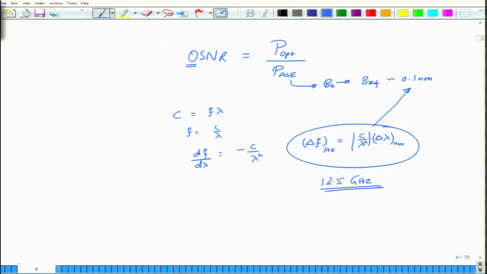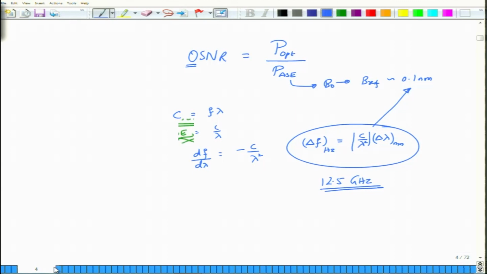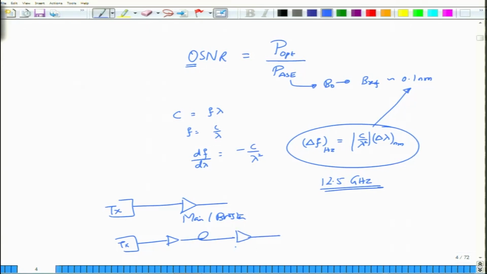So, this is about the erbium doped fiber amplifier that I wanted to discuss, and what you will see is that these erbium doped fiber amplifiers can be used in three different ways, in fact. One at the transmitter itself. So, this is the transmitter and then you keep an amplifier right away here. This arrangement is called the main amplifier or sometimes the booster amplifier. Then you have a transmitter, you have a booster or main amplifier, fiber, and then you have what is called an inline amplifier after the pulse has propagated over one span.